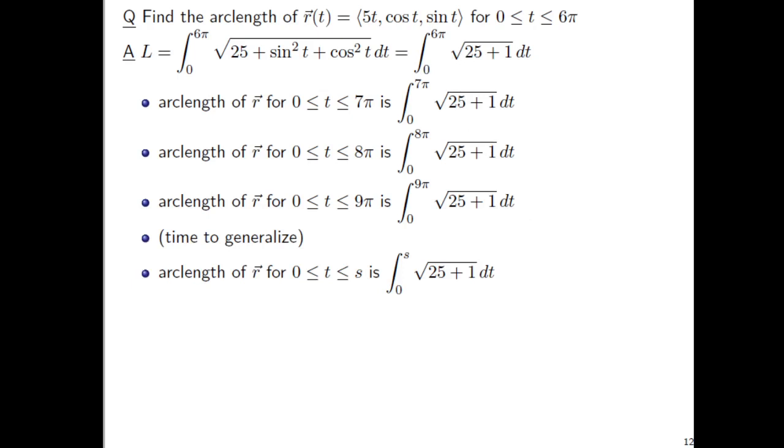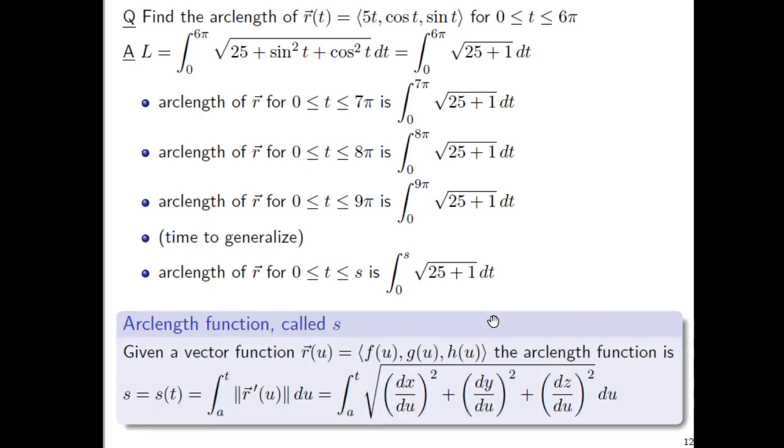We can say that the arc length of your parametric curve, or of your vector function, starting at t equals 0 and ending at t equals s, is an integral from 0 to s. So this is called the arc length function, right? What we often may want to do is take a vector function, and here intentionally a different input variable is being used, but this is a dummy variable, so you can replace all the t's with u's if you want. But you'll get this arc length function s of t equals the integral from a to t